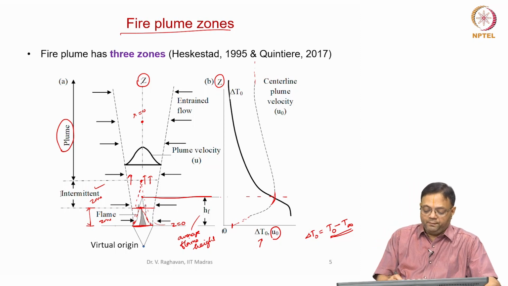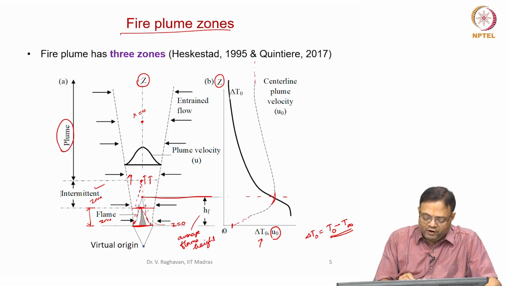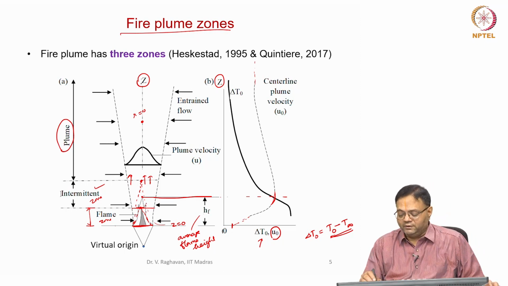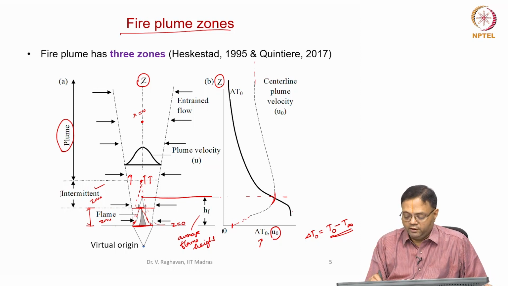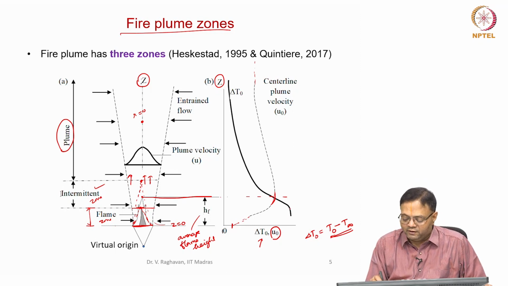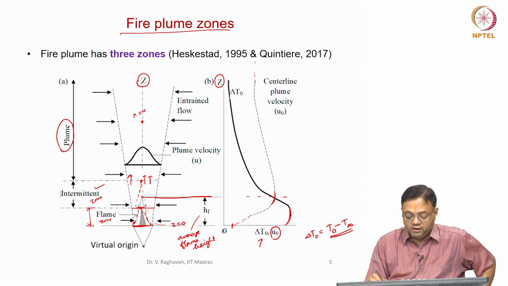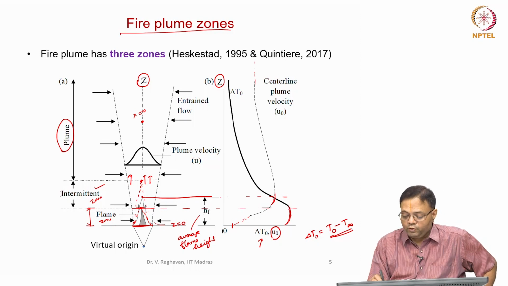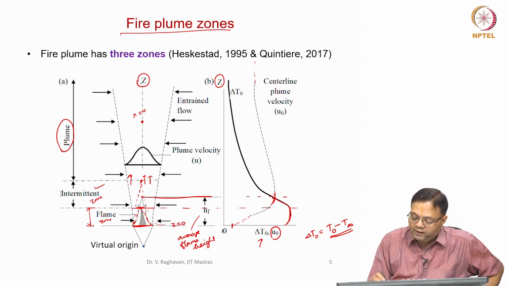Now, coming to the temperature difference. In the flame zone, see the center line temperature, like some potential core, where the temperature difference will not vary much. There will be some slight decrease, but we can say it is almost the same. The variation in the flame zone is not much, so we just plot it like this. But after reaching the flame zone height, you will see a decrease in the center line temperature,